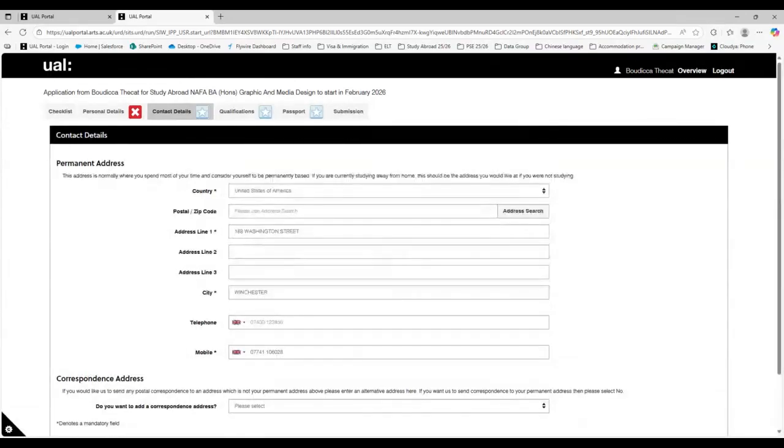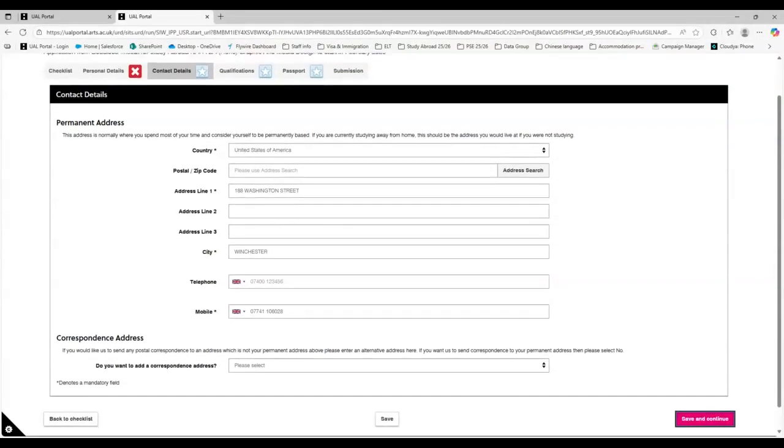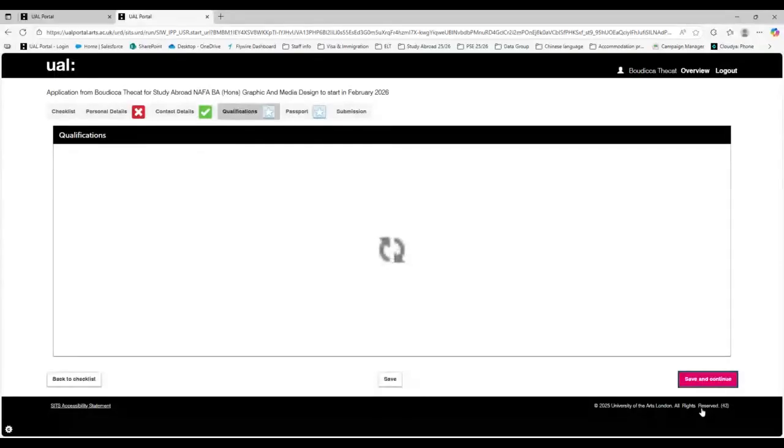You'll be asked to supply your contact details, so your permanent address. That should be the address that you are at most of the time, so not your term time address. That'll be possibly, if you are living at home, then your parents' address. And then for qualifications,